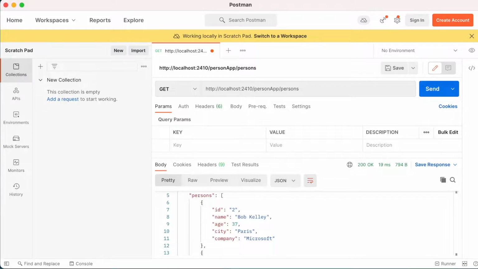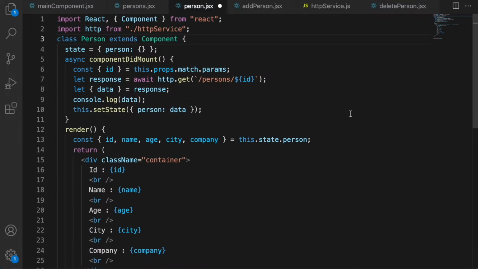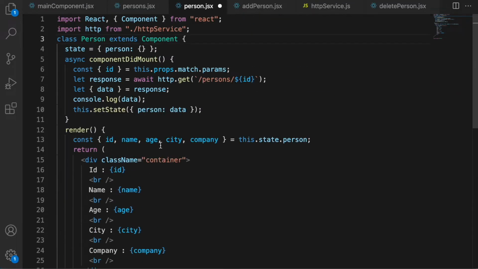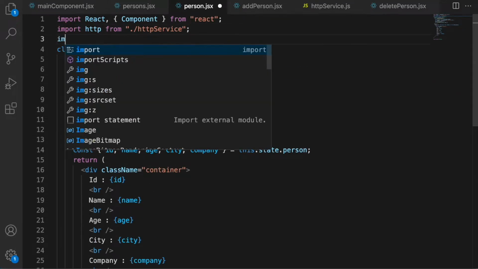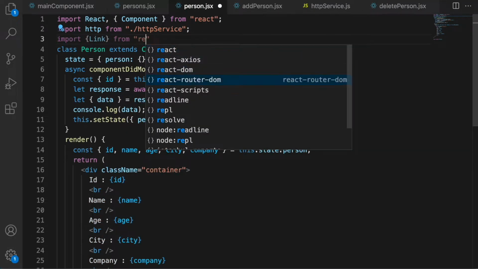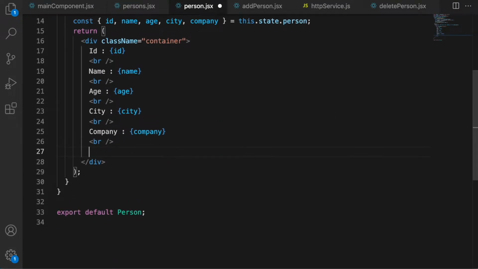If we go back to our VS Code, let us see how we implement it. In our person.jsx, let's put in a link to delete the person. First thing I'll do is import Link from react-router-dom. So we will create a link to delete.